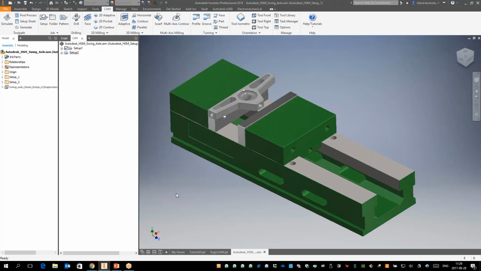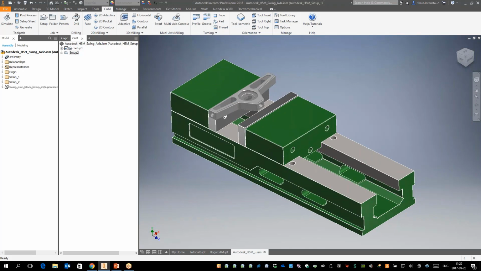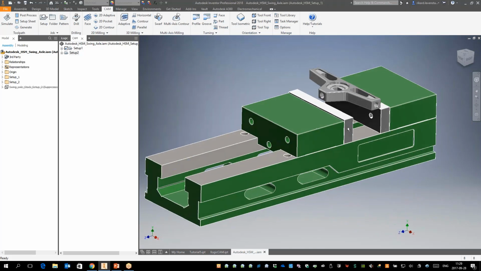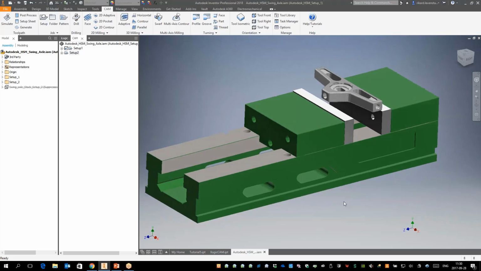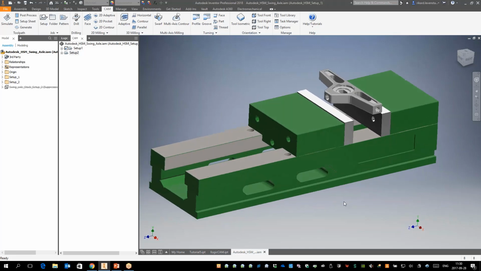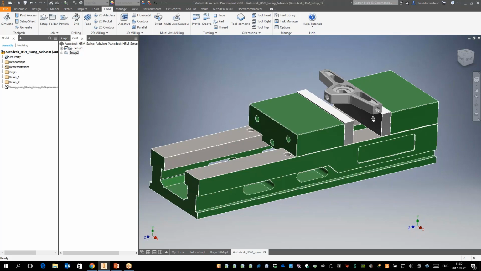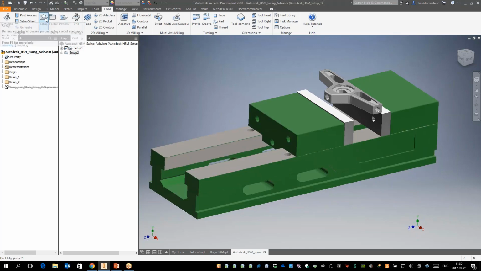Good. So when I should do some machining of this part, I have already done an assembly of the part inside to fit it in the vise. But it doesn't matter if I would like to machine from an assembly file or a part file. It works exactly the same. So that could be good to know. You can machine on a part file with a lot of parts, and you just create a new setup for every part that you would like to machine. So when I click on the setup icon here,